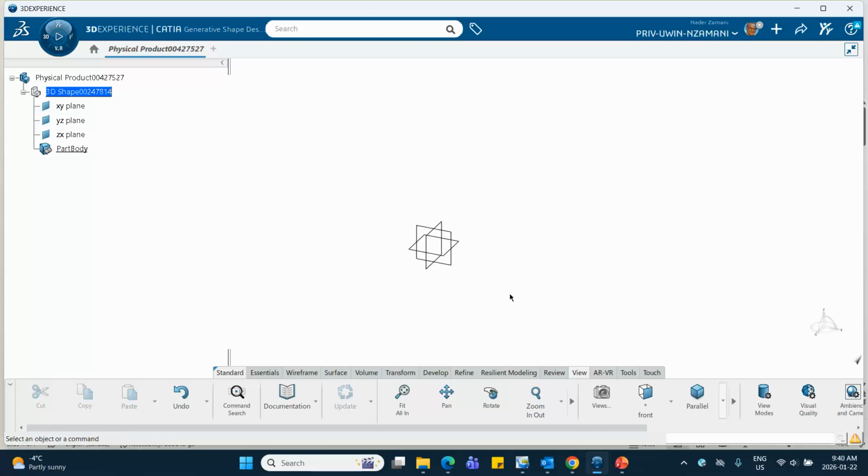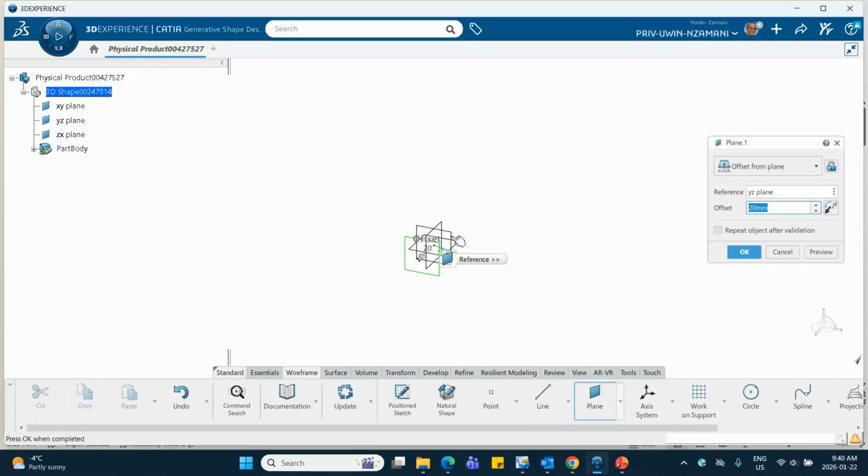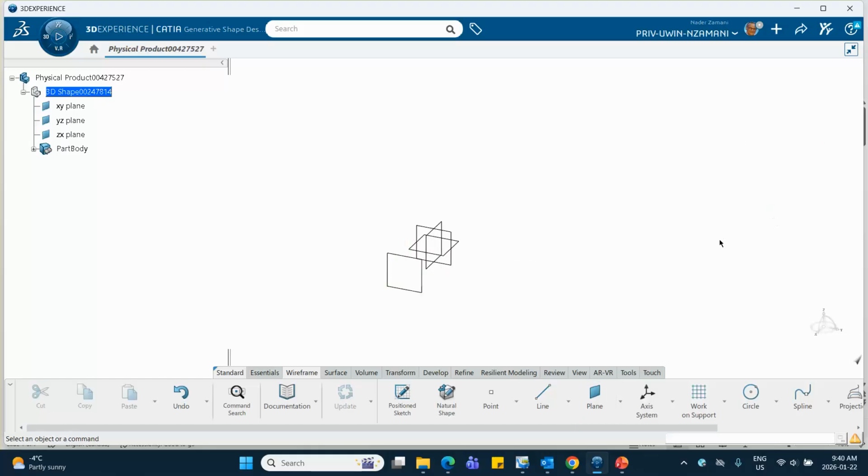So let's go to wireframe. Here is a plane. Here is 50 millimeters. There we are. This is the front plane. This is the back plane. I don't need X1, Y. I'm going to hide this. And I'm going to hide the